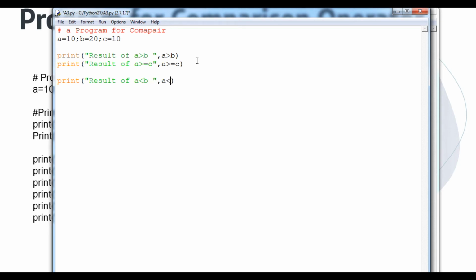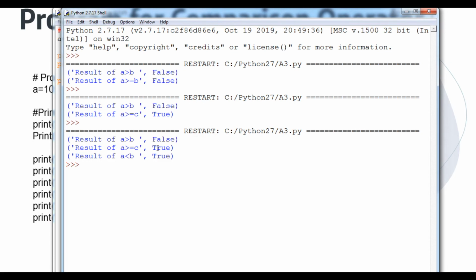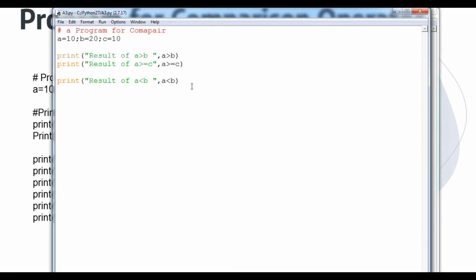A lesser than what thing? B. Here you can see that A is lesser than definitely B, so it will be true. So now you can see that A is lesser than B, it is true. Okay, so now the same condition,